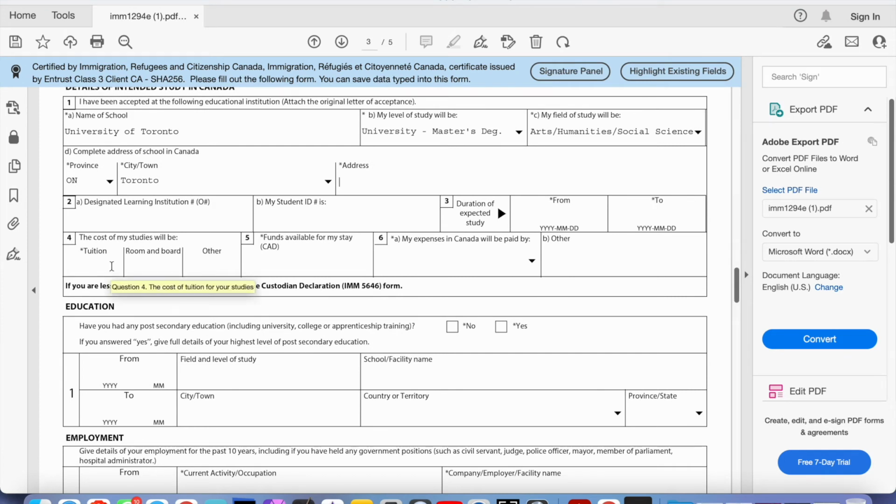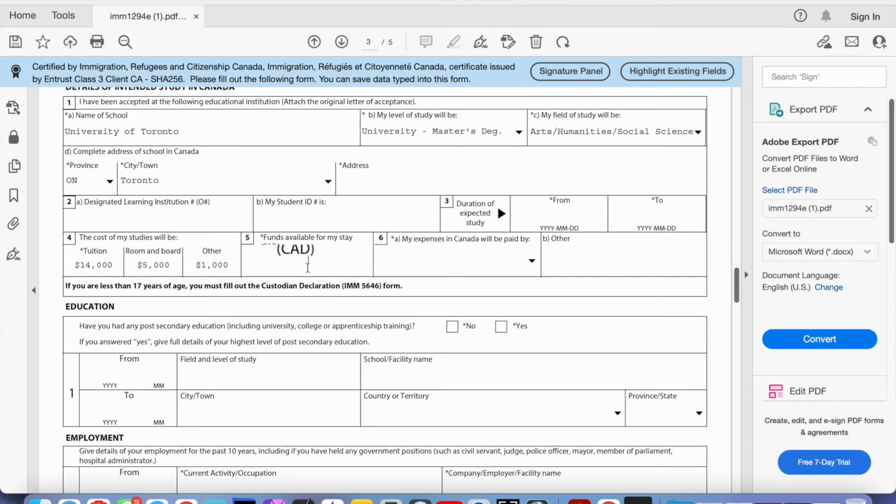The cost of studies will be $14,000 Canadian. If you have booked any accommodation with your college or university, you will have the exact monthly amount, so you can put it here, or better say yearly, because these fees are annually, okay, tuition fee and everything. And you go to the other section, which will be like books and any other material related to your field of study that you will be paying for, okay. So total, for example, 14,000 plus 5,000 plus, let's say, 1,000, okay? You need to look at it as a whole. So $20,000 is going to be your rough estimation of annual costs,